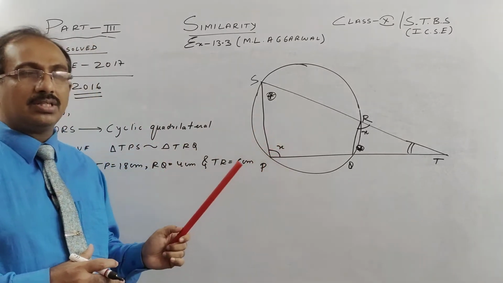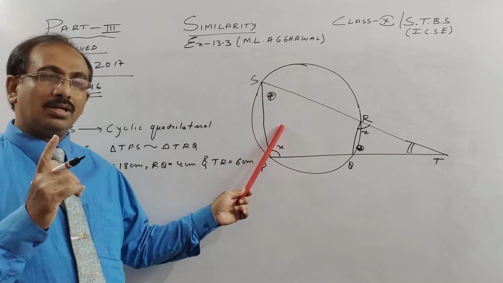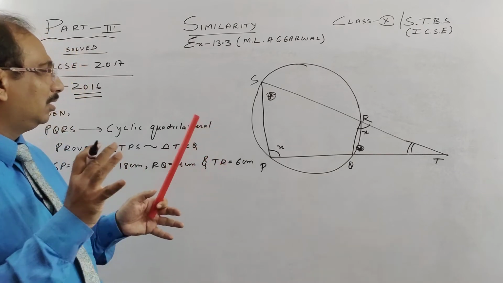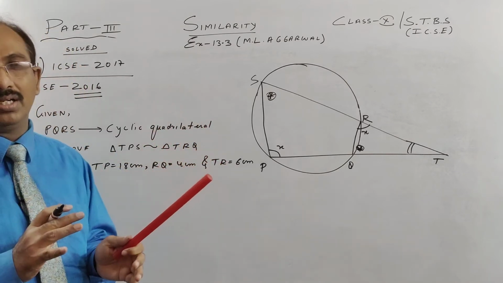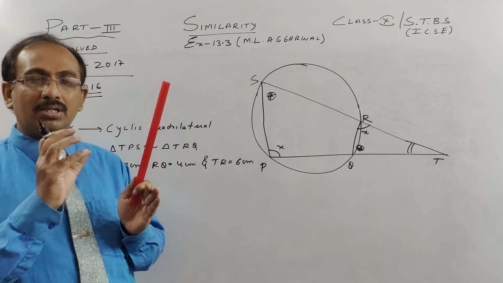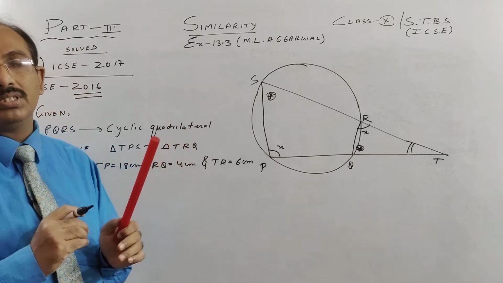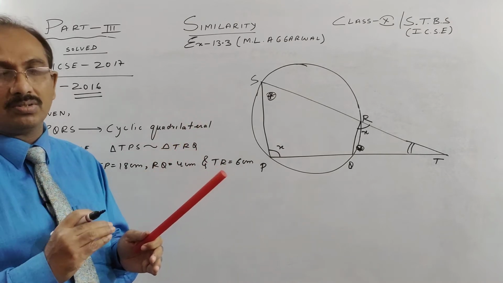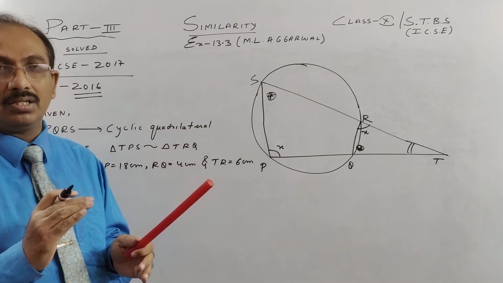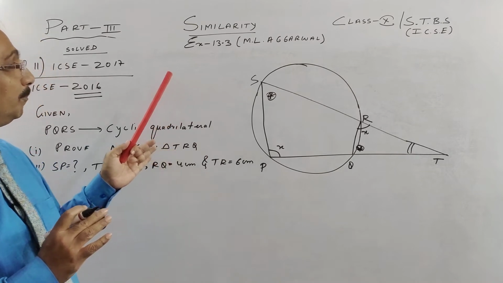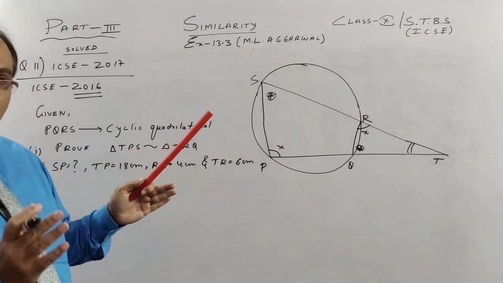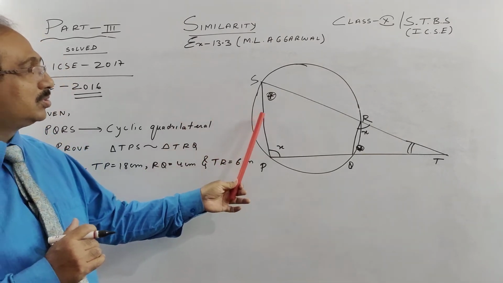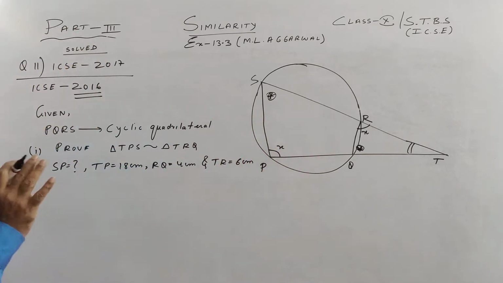Very nice question, children. Why? Because here we use one property of circle. See, this is geometry: circle, construction, similarity, all are related. They are in one particular part 3 of our syllabus in ICSE. I told you 3A is similarity, 3B loci is not there, and 3C, children, is your circle. But now it has become 3B because loci is not there. So here we use an idea of circle in doing similarity. What is that one idea?